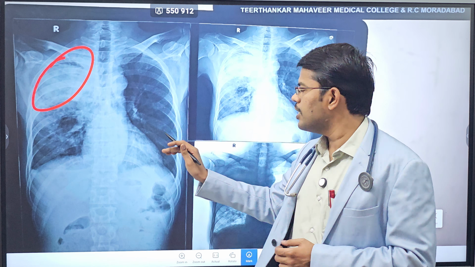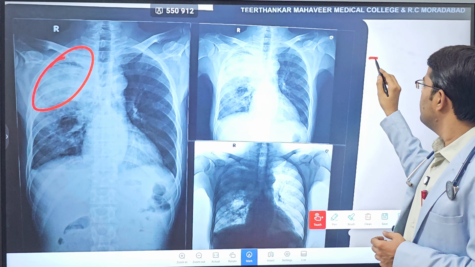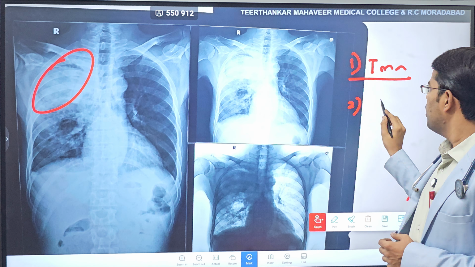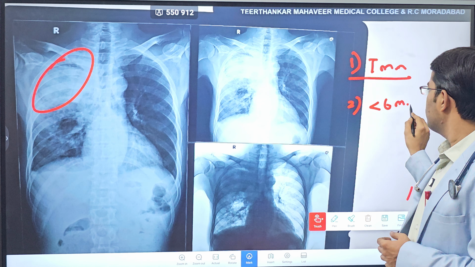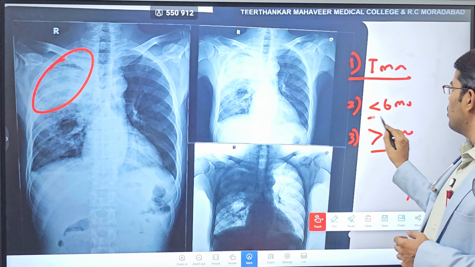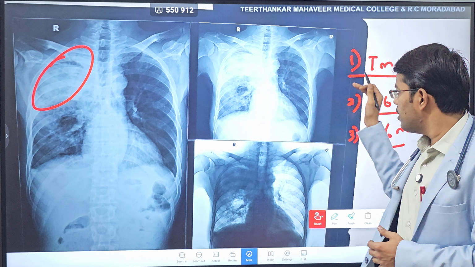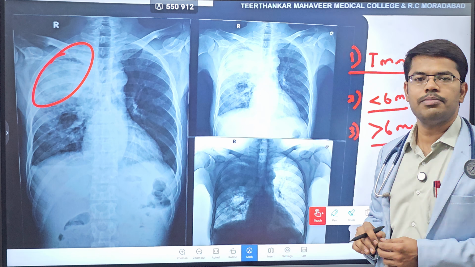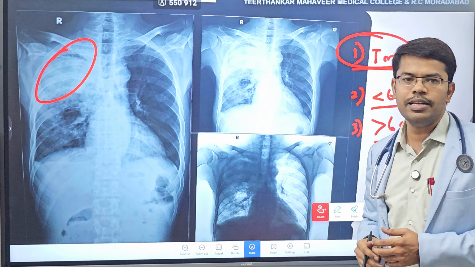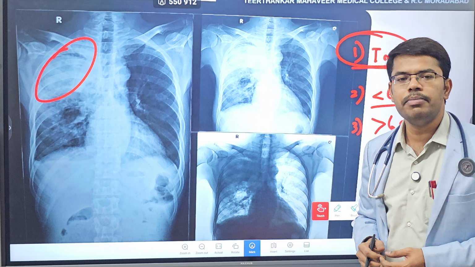If you take post-transplant infection, the post-transplant period can be classified into three: the immediate post-transplant period, that is within the first month, then less than 6 months, and the third one is more than 6 months. So the etiological agent can vary as per the time in the post-transplant period. In the immediate post-transplant period, nosocomial infection is very common, the infections which occur through the hospital, especially bacterial,